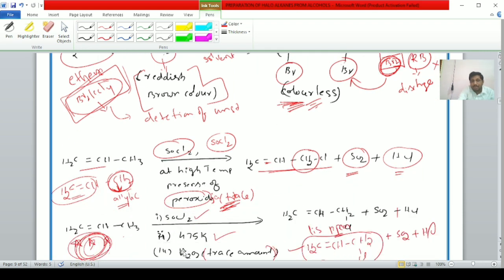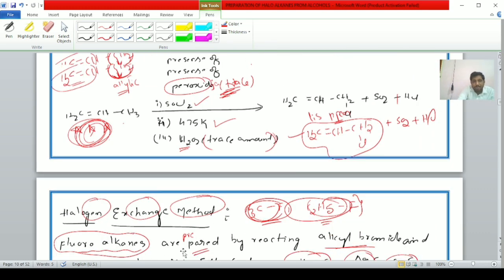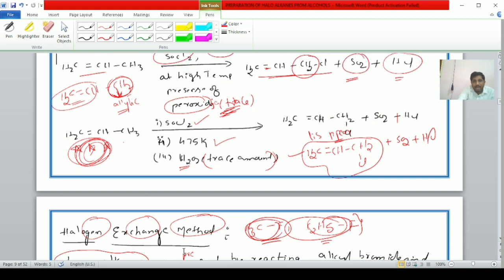They will ask, student, when CH2 double bond CH single bond CH3, that is propene, reacts with thionyl chloride at high temperature and in the presence of a trace amount of peroxide. Trace means very small amount, student. It can form CH2 double bond CH, CH2Cl, SO2 plus HCl. The byproducts are sulfur dioxide and HCl. In this reaction, student, the allylic hydrogen is replaced. The encircled one is the allylic hydrogen that will be replaced.